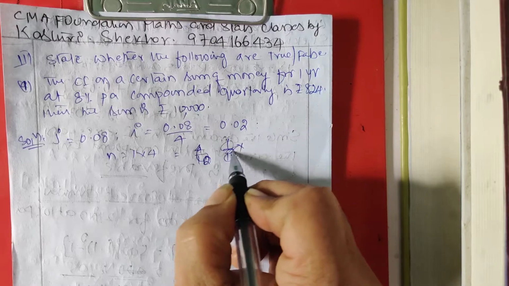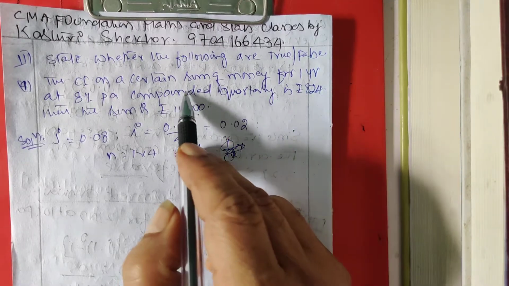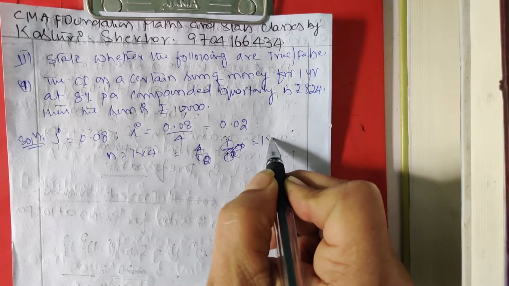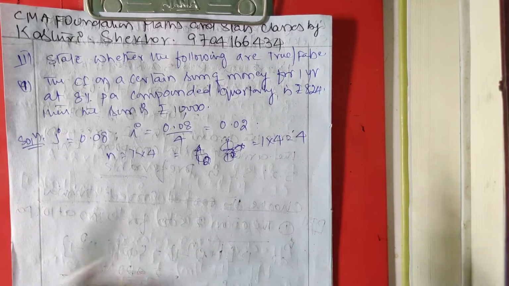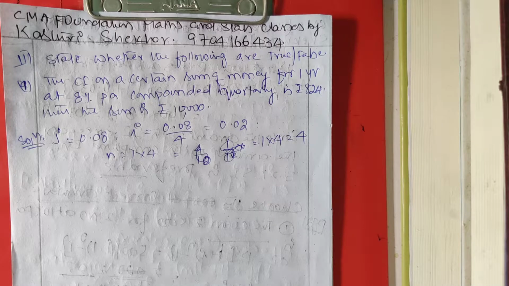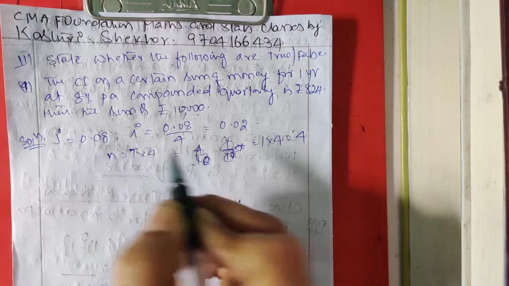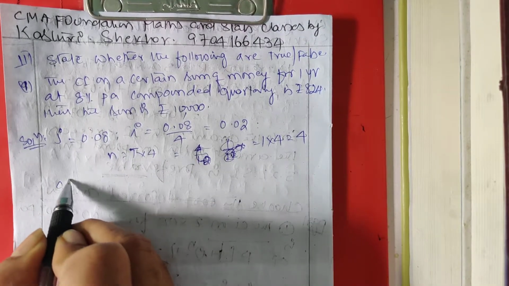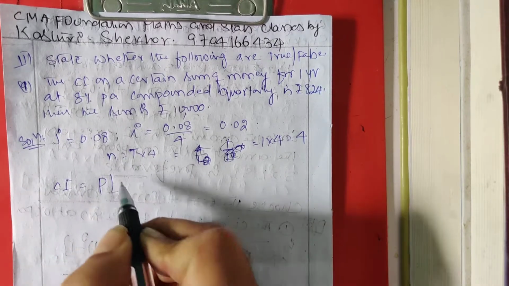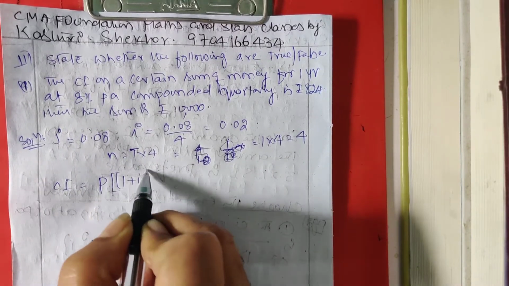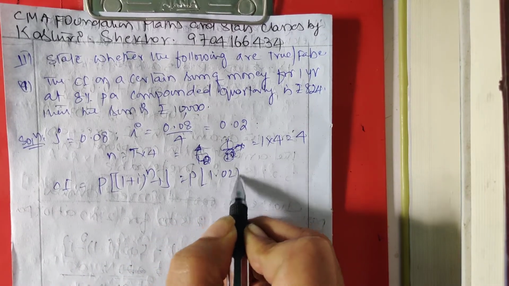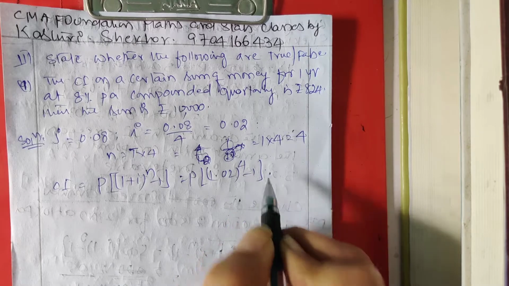This is how many times the bank will calculate interest. For 1 year, the bank will calculate interest 4 times. So N is equal to 4, that is time into 4, and time is equal to 1 year, so this is 1 into 4. Compound interest is equal to principal into (1 plus i) whole power n minus 1. This is principal into 1.02 whole to the power of 4 minus 1.